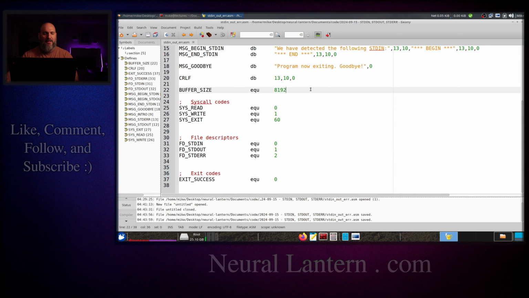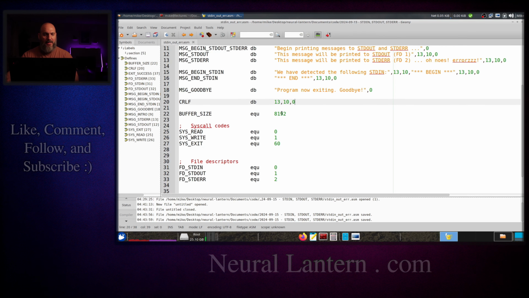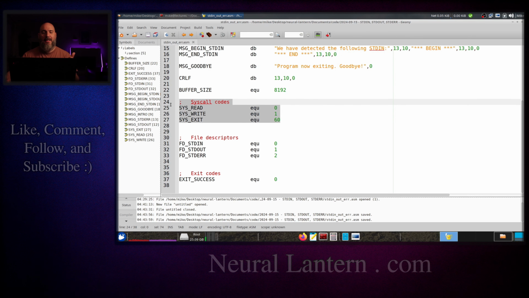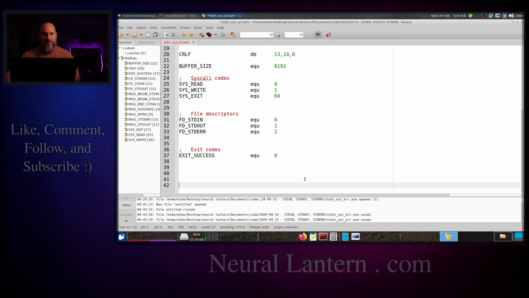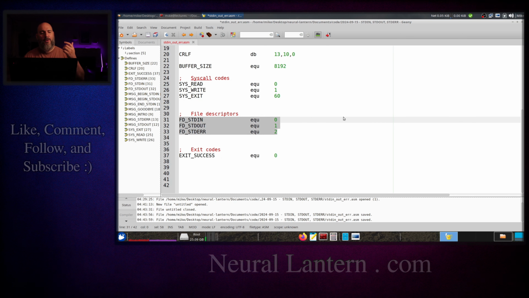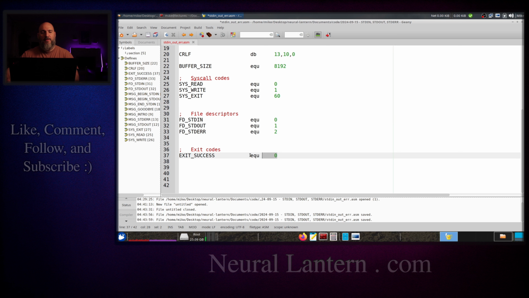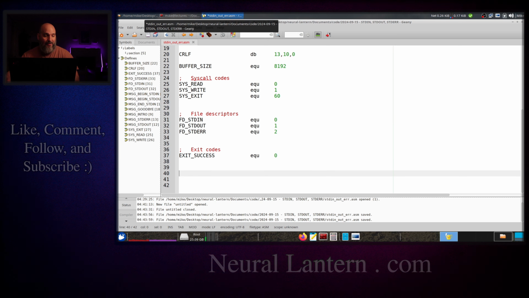I'm going to make a buffer size. I'm going to make system call codes for reading, writing, and exiting. If you want to know more about system call codes, see my other videos. And some file descriptors. This is exactly what I just talked about. The file descriptor for standard input is 0. For standard output is 1. For standard error is 2. And then I'm going to do a system exit code of 0, which actually doesn't matter that much, but I'm going to do it. So now I'm going to make a, let's see,